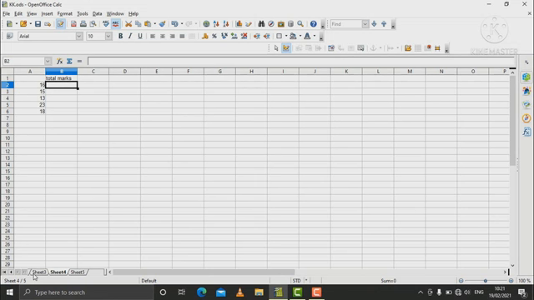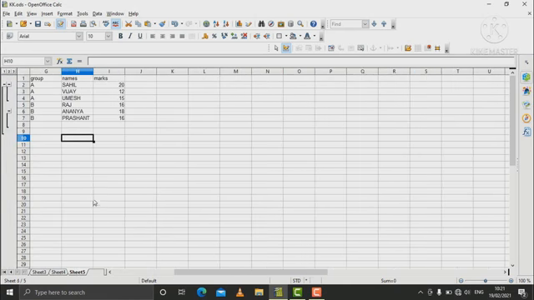Not on all the data but for some data we have to calculate, and that can be done by using subtotal. I have some data in groups, with some names here, and their marks are also entered.